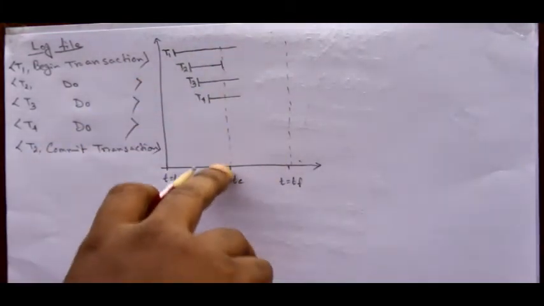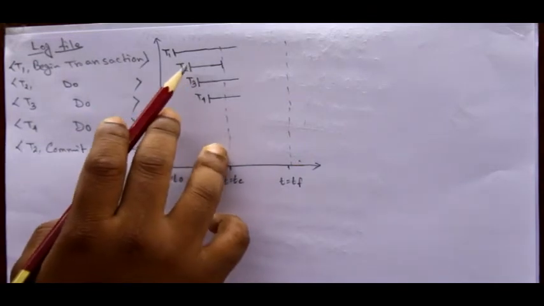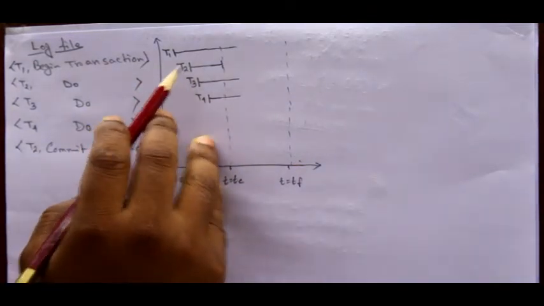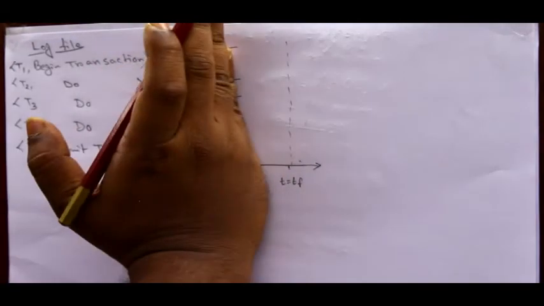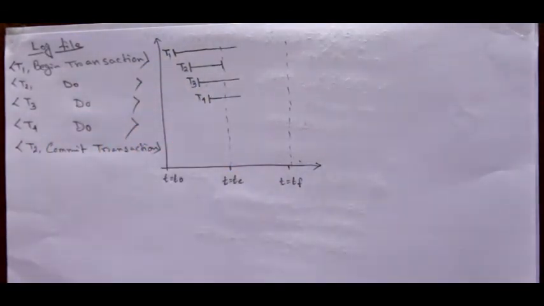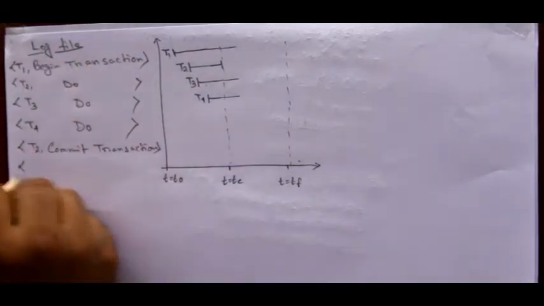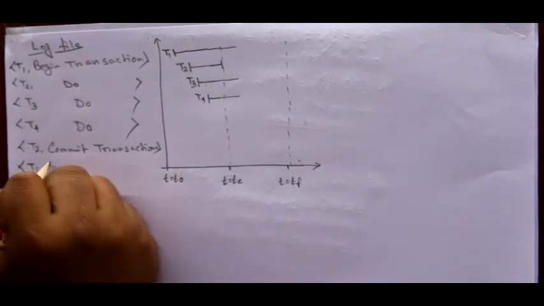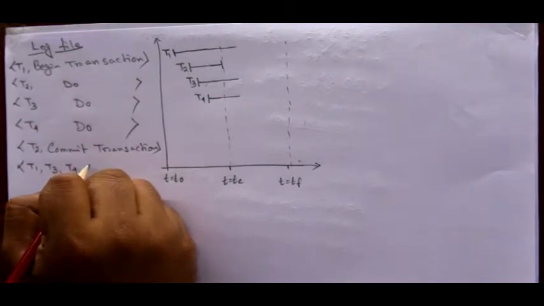You can see that at that timestamp the checkpoint situation arrives. Transaction T2 ended before the checkpoint, but when the checkpoint arrives, only transactions T1, T3 and T4 are in the running state. So all the running transaction information is recorded in the checkpoint log file, that is T1, T3 and T4, that is the checkpoint.